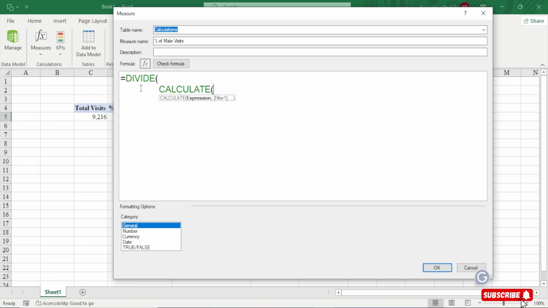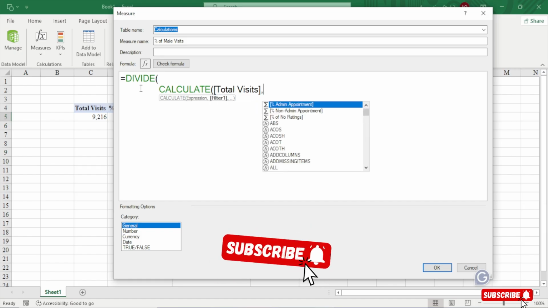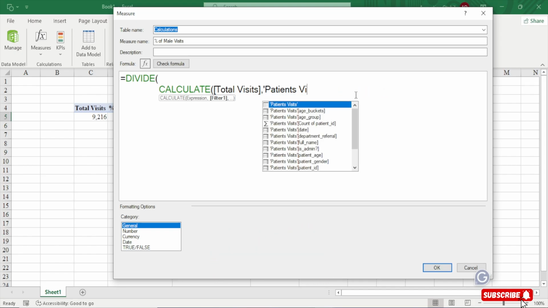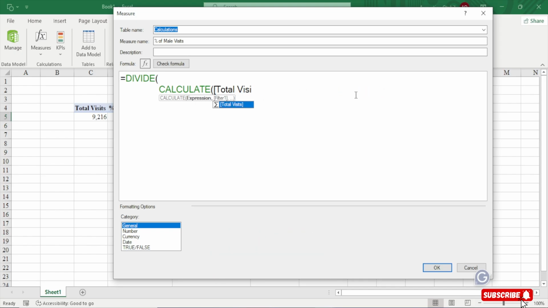So the calculate, you are going to take what? The total visit, comma, where the gender, right? Where the gender or the patient visit gender. So just when you, let me clear it and show you something. Sorry,